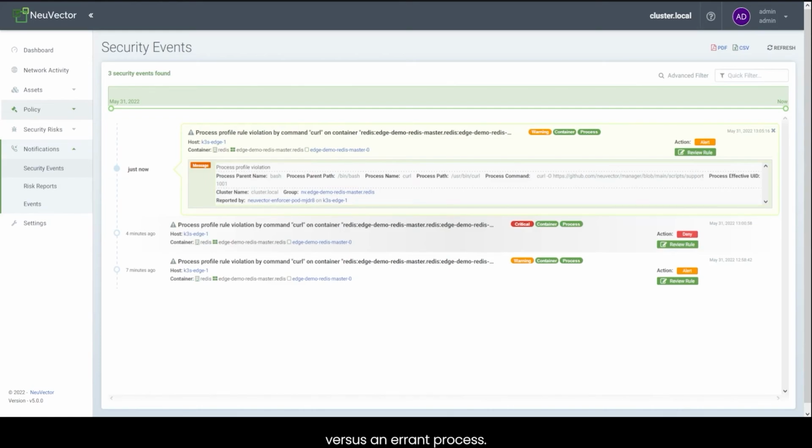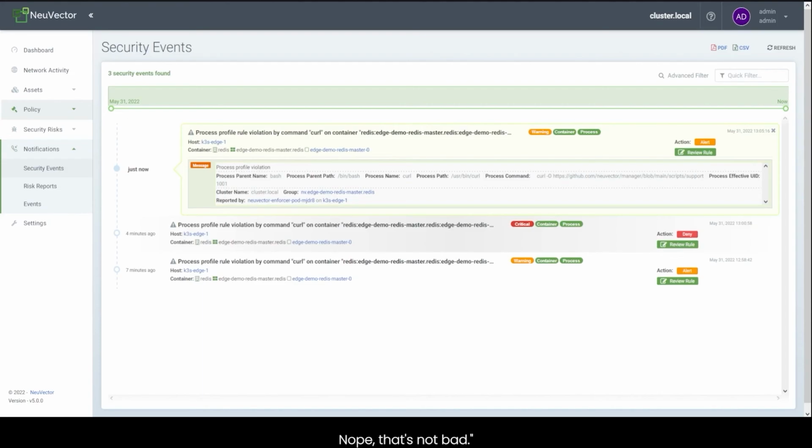Well, and the nice thing is, when you're building out these profiles, this really gives you a good chance to test it in production and not stop something from working, right? It will notify you. So this is kind of like that first stage that you were doing as you were trying to lock it down for zero trust, right? Exactly, exactly. You're still wanting to profile your applications. You're going to put it in monitor mode. You want to be notified when there's something that is different, but it gives you a flexible position to be able to say, yep, that's good.